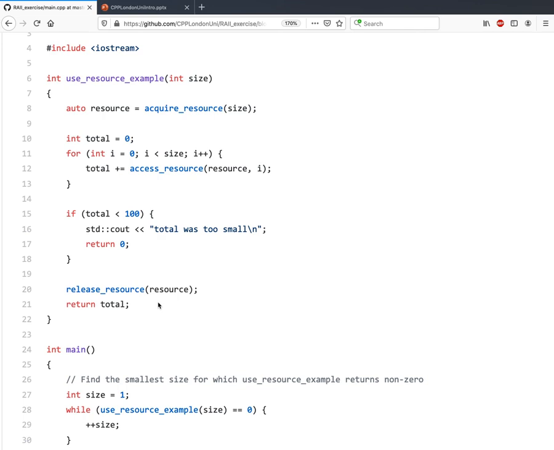So we can leave this function early. If the total that we get is less than 100, we bail out of the function early. We return 0. On line 17 here, we leave the function without releasing the resource.